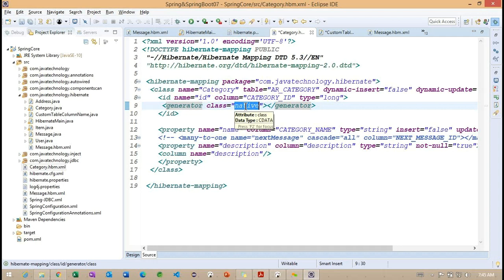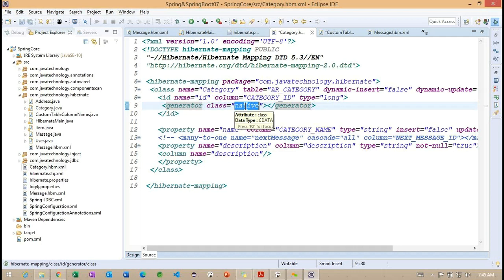The primary key value is generated by the database, and once it is generated, Hibernate is going to increment the value based on the existing value. So initially, it gives an option to generate the primary key value to Hibernate.